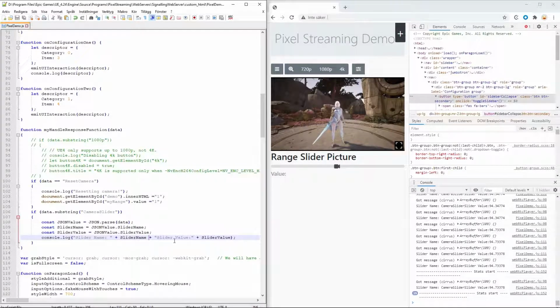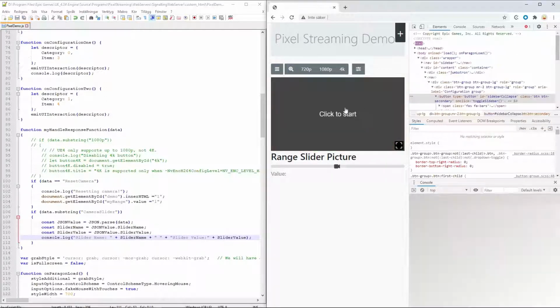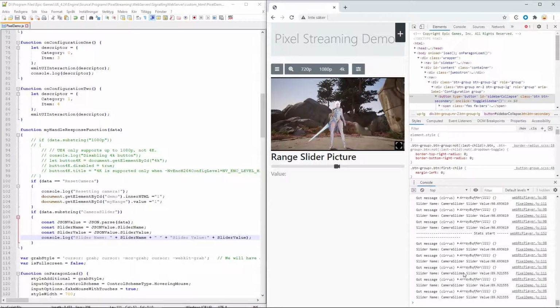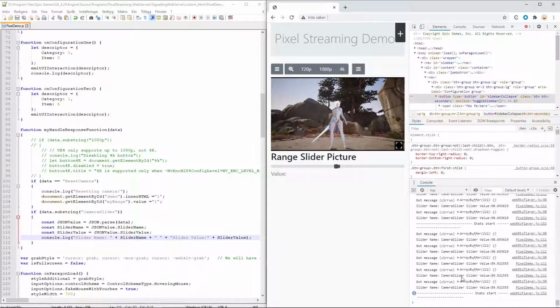What we can do is actually just add a double quote again here, just to create a space between them. Something like that, just to see it more clearly. Slider name, camera slider, slider value, 89.92 something.